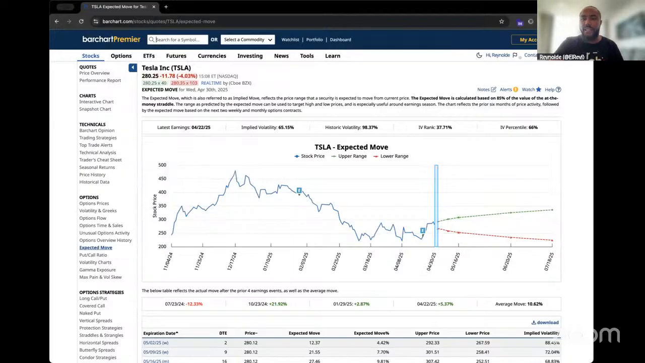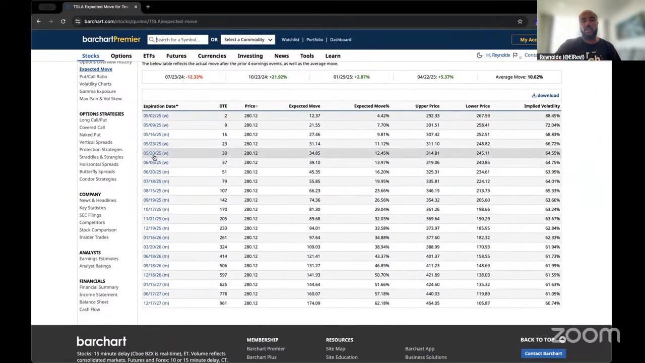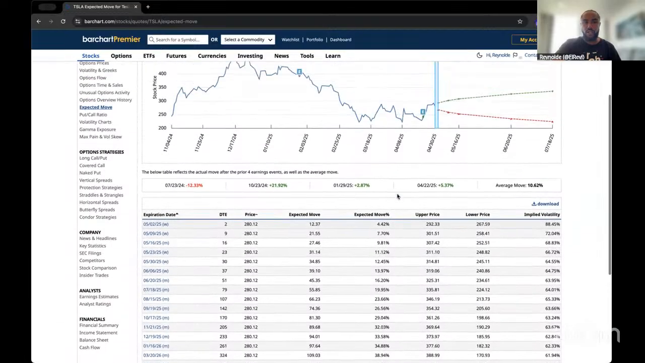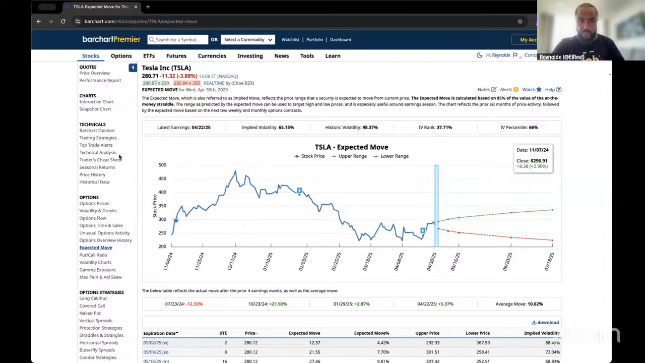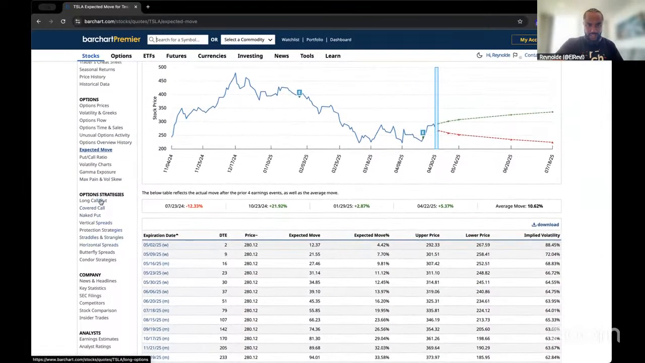But that's it. That's how you find trades. Once you get your expiration date, like I said, use these price ranges to determine what strike you want to buy. And also, if you're looking at these particular stocks, like I said,